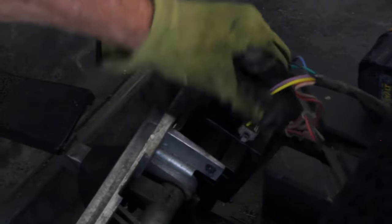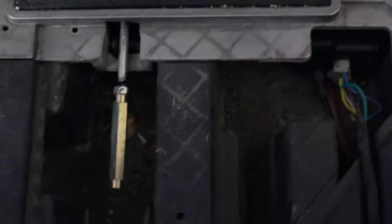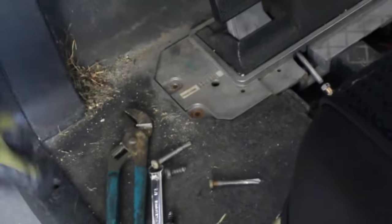So I start with this triangle looking thing. Just plug it in till it clicks, you know it's all the way in. Then plug this one in. And I'll explain what those wires are in our other video, but you get those in there, you set it in there. Now you're ready to put this back together. So we're going to put this back together. We're going to start with these two problem screws,